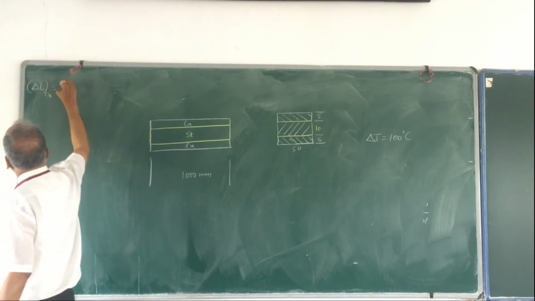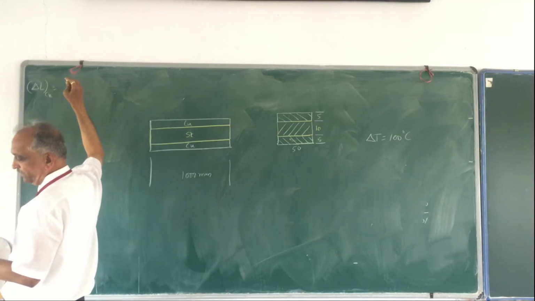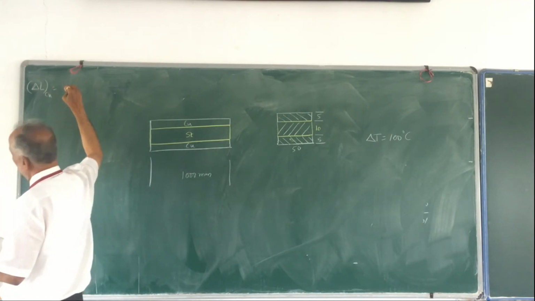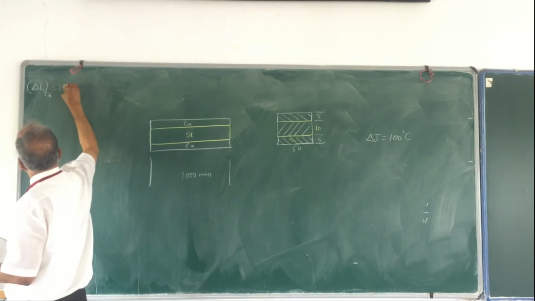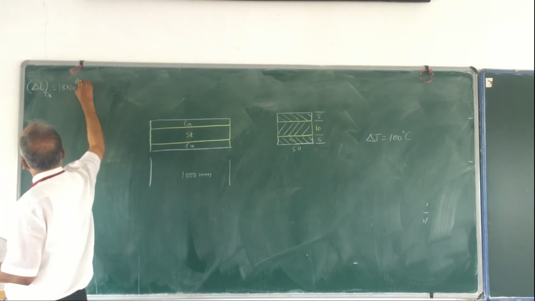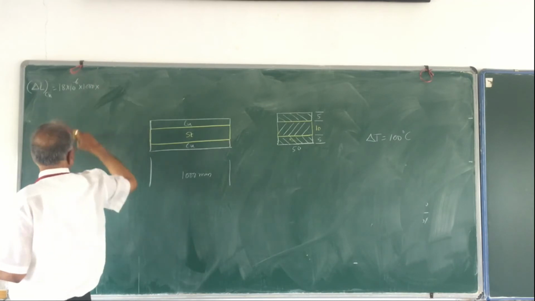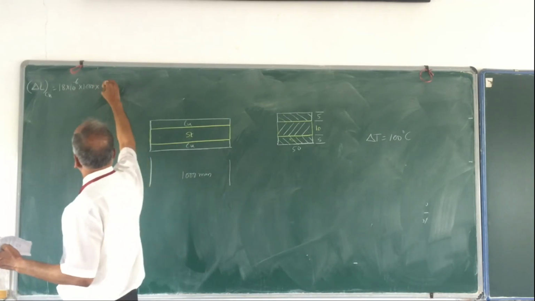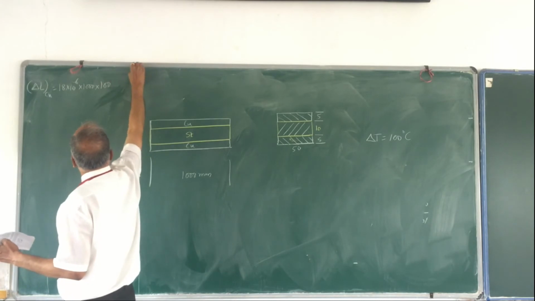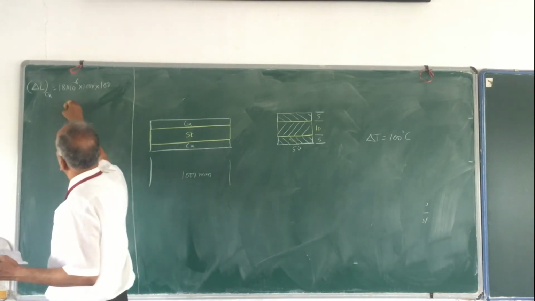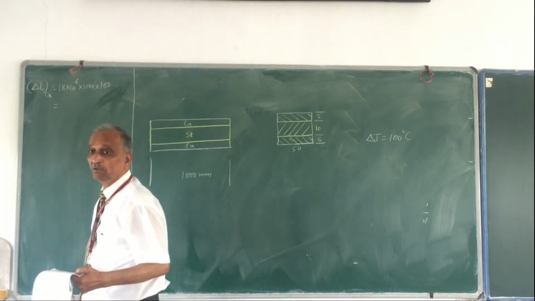So this is nothing but alpha of copper, 18 into 10 raised to minus 6, into length of the copper, which is 1000 millimeter, into delta T. Delta T is 100 degrees Celsius. I shall find it out. This is 1.8